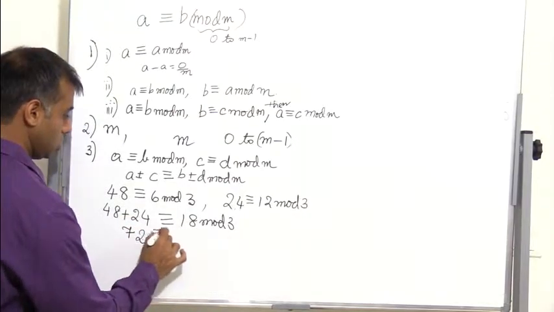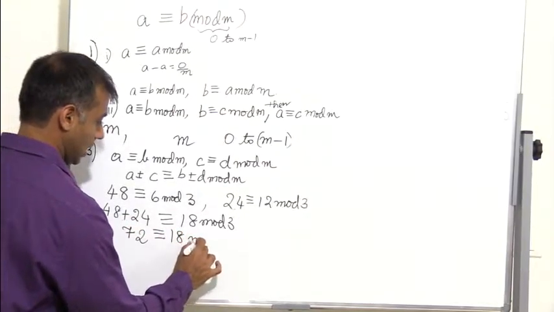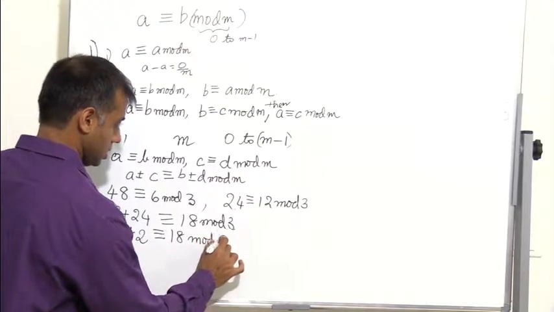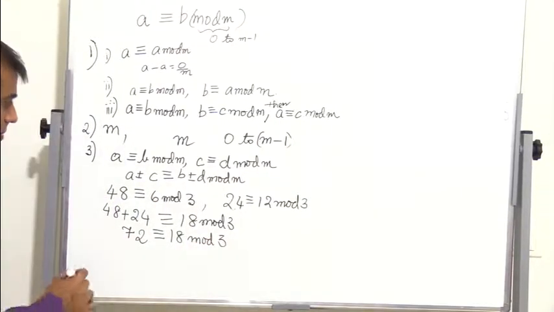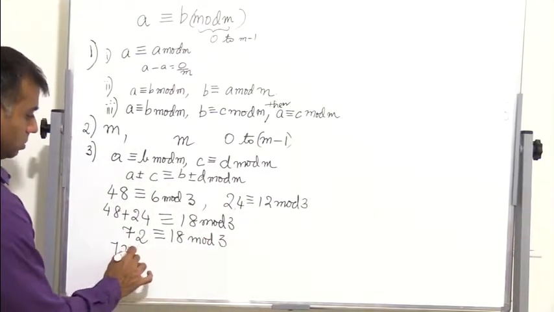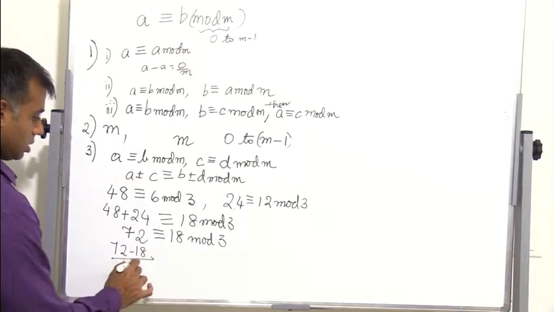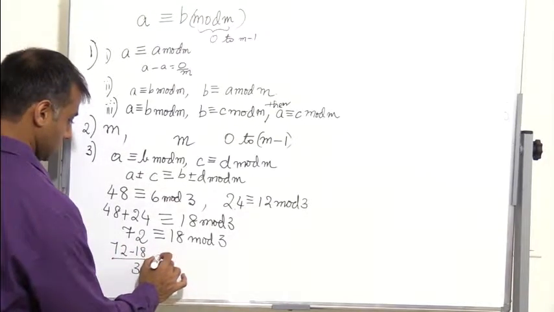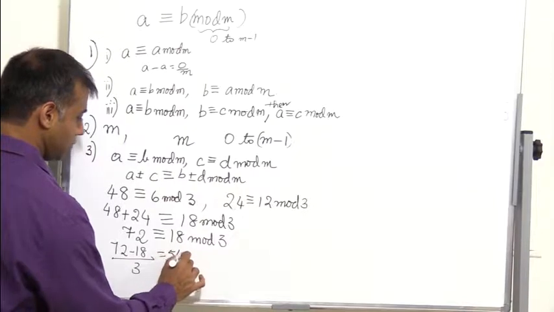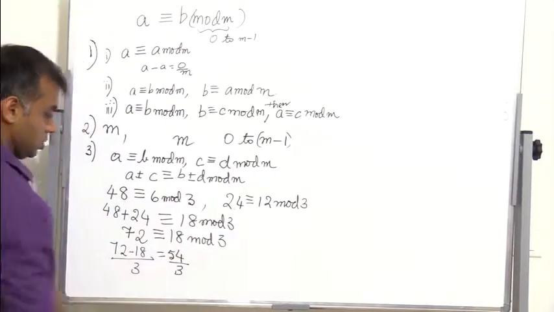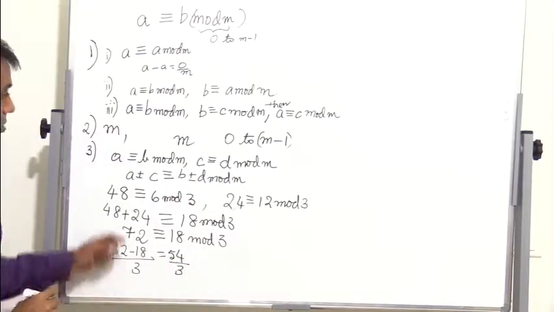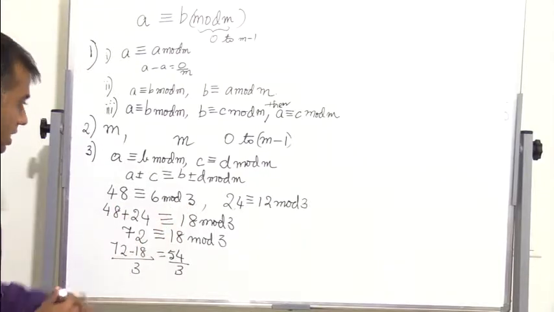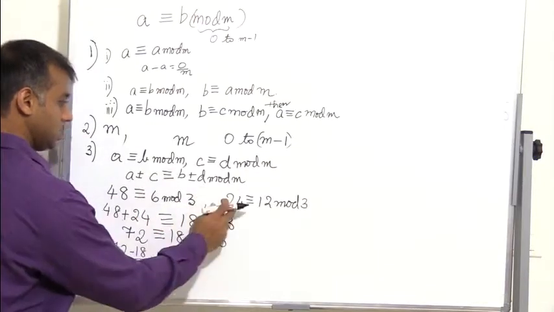So 72 should be congruent to 18 mod 3. So what does that mean? 72 minus 18 should definitely be divisible by 3. So we know that it is definitely divisible by 3. So 54 is divisible by 3. Right? So similarly, if I take the negative, 48